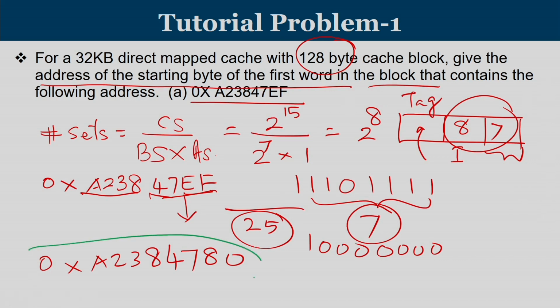So, whenever we get a cache block, when you put the last n bits, where n is the number of bits required for offset, to 0, you get the very first byte, and when those n bits are put to 1, we will get the last byte. This is the answer for this problem.